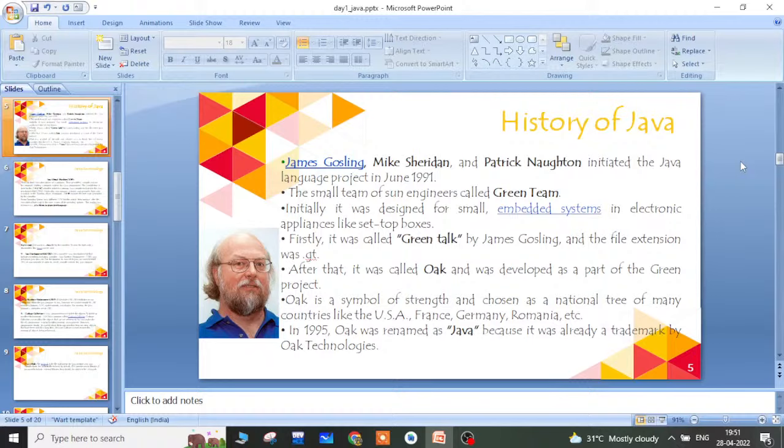Later, in February 1997, they released JDK 1.1, which supports inner classes, Java Beans, JDBC, and RMI.